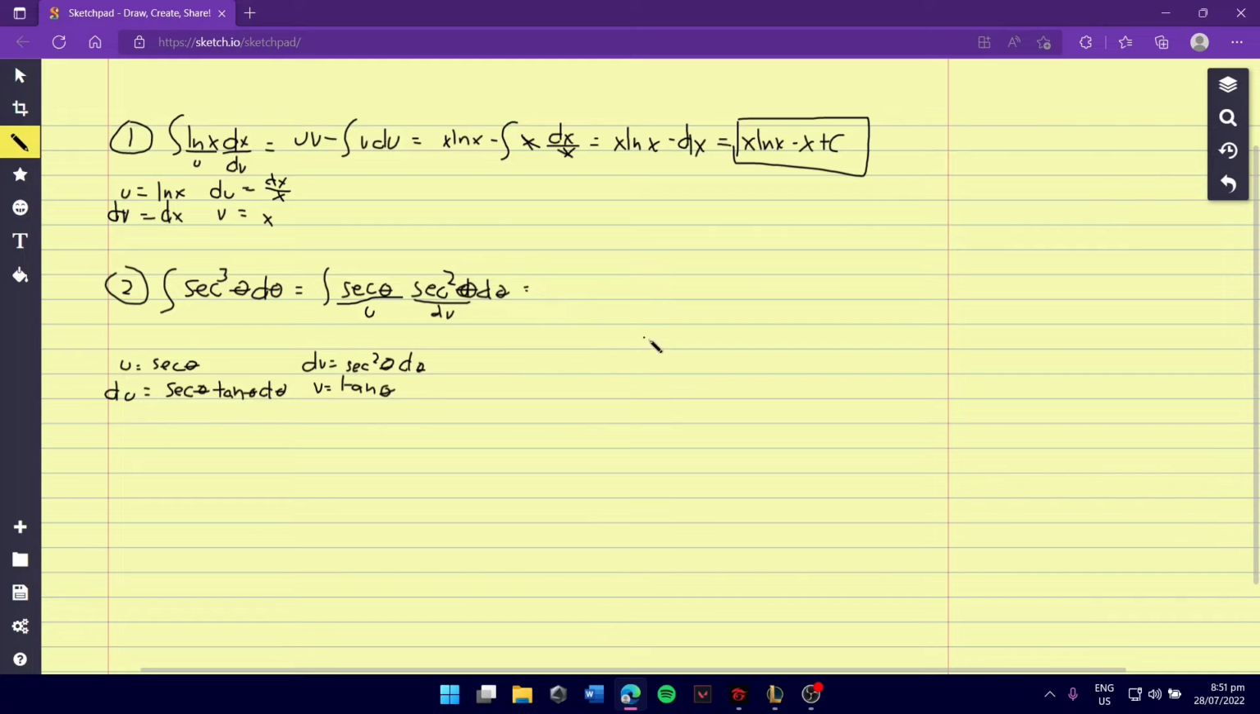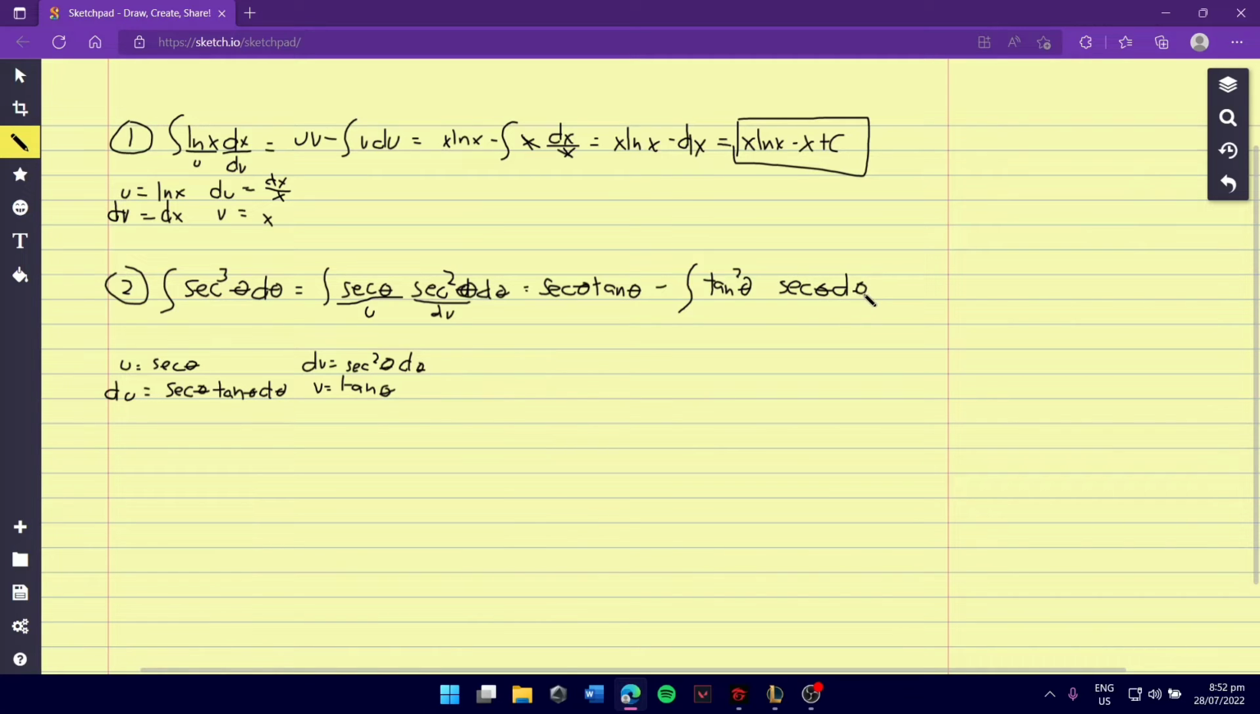So we have here secant theta times our tangent theta, and then minus the integral of tangent theta. So this will become tangent squared theta, because we have here our v du, where v is tangent. So we have two tangents here, that's why it will become tangent squared, times our secant theta